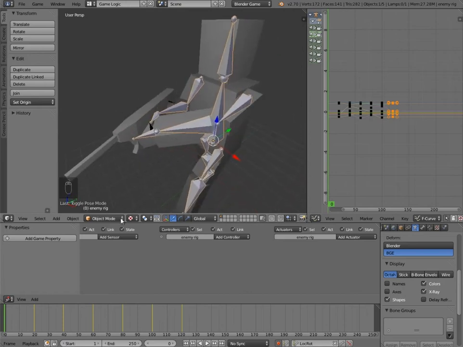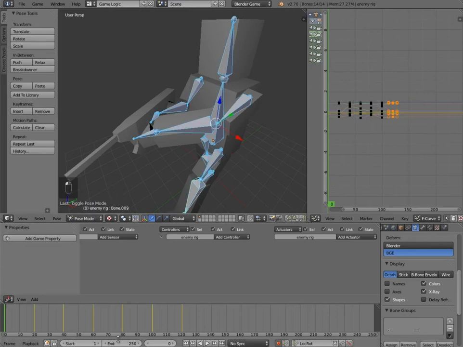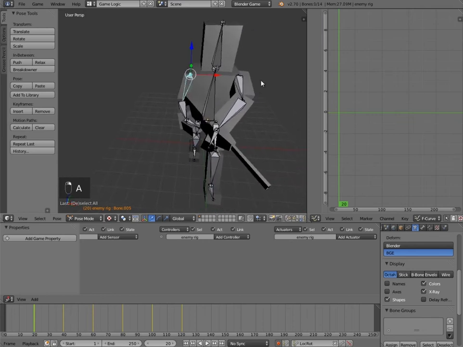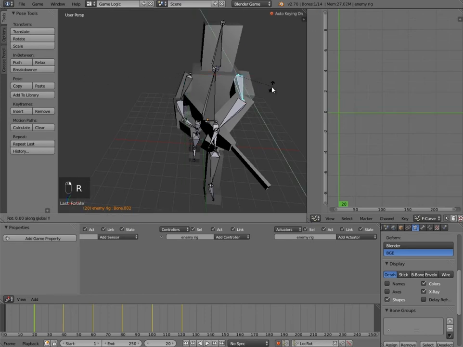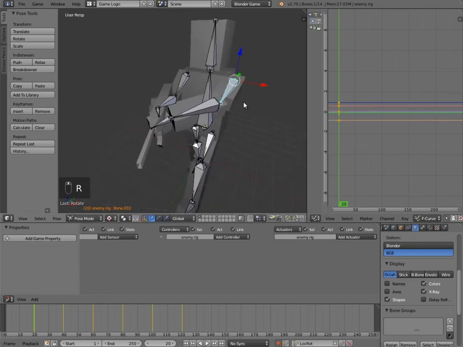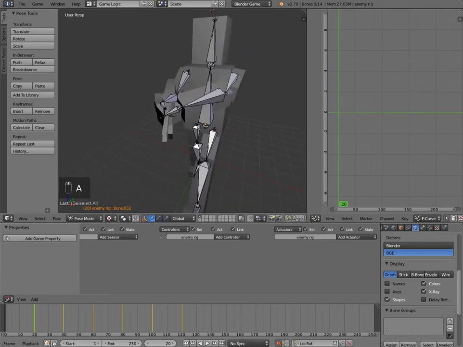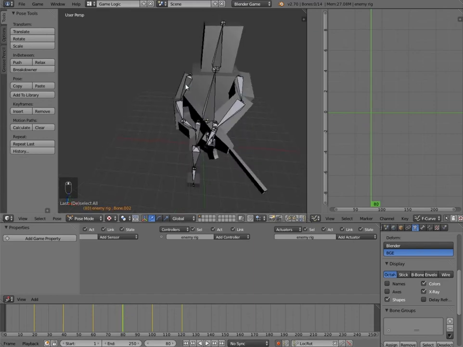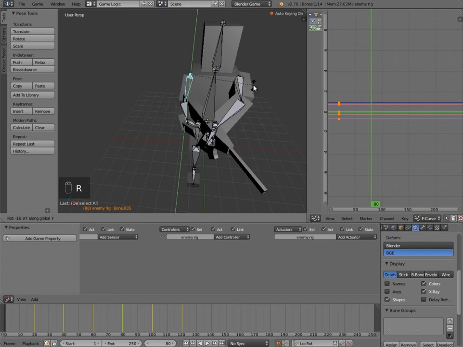to the rig's animation. So I'm going to go back into pose mode, and on frame 20 I'm just going to slightly move his arms so it looks, I don't know, a bit nicer than just having moving legs. So maybe we'll move him this way a bit, like so, and do the same for this side. So just slightly like that, and that will have added in animations there. Then we'll go along, just put down his other foot, so around frame 80, and then we'll move them back like so,